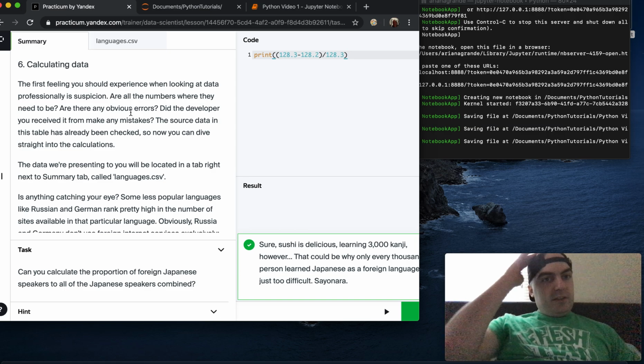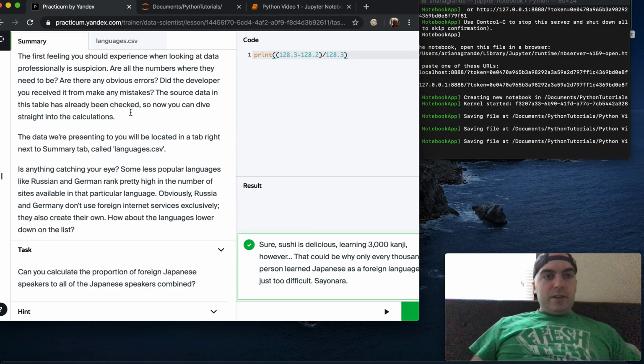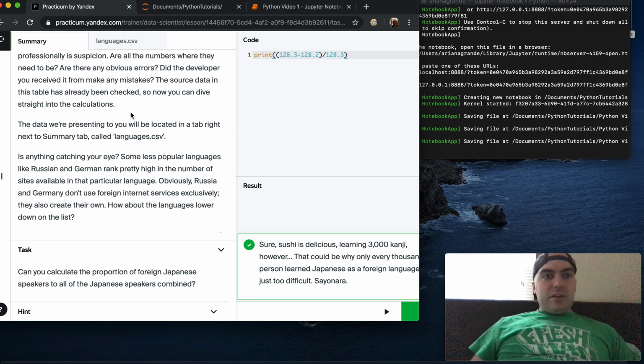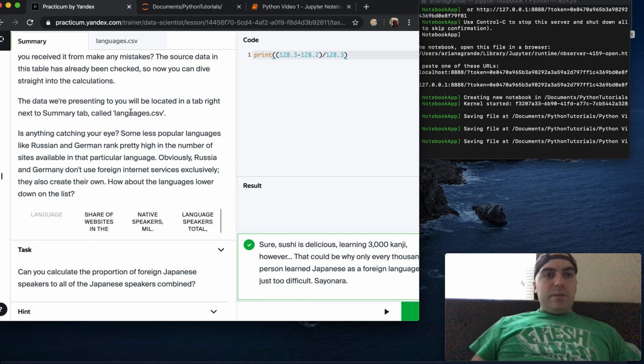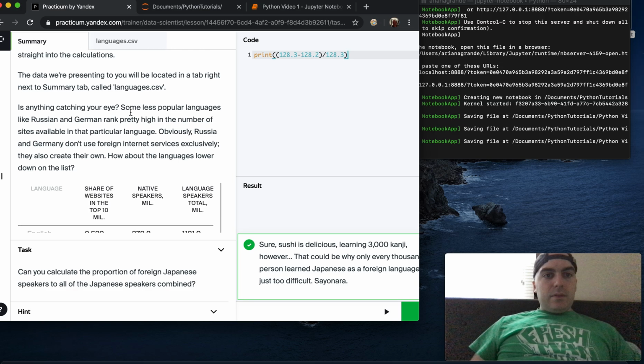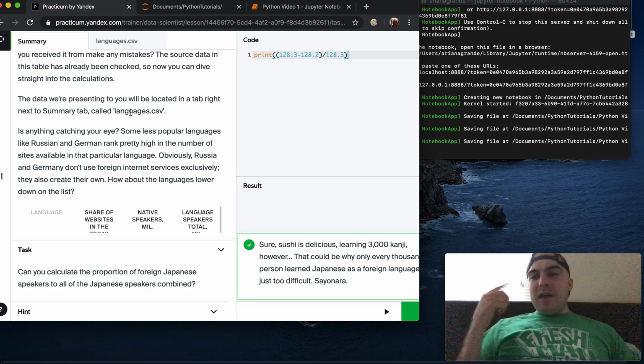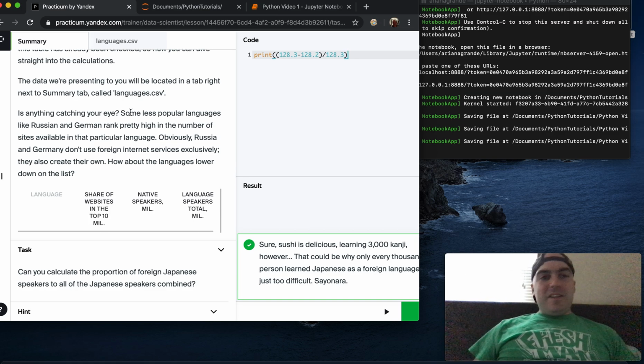Calculating data. The first thing you should experience when looking at data professionally is suspicion. Are all the numbers where they need to be? Are there any obvious errors? Is the developer you received it from making any mistakes? See, this is kind of advanced for even just starting Python. They're already trying to get that in your mind that data you're going to get is going to be bad, but probably not the data they're going to give us. So